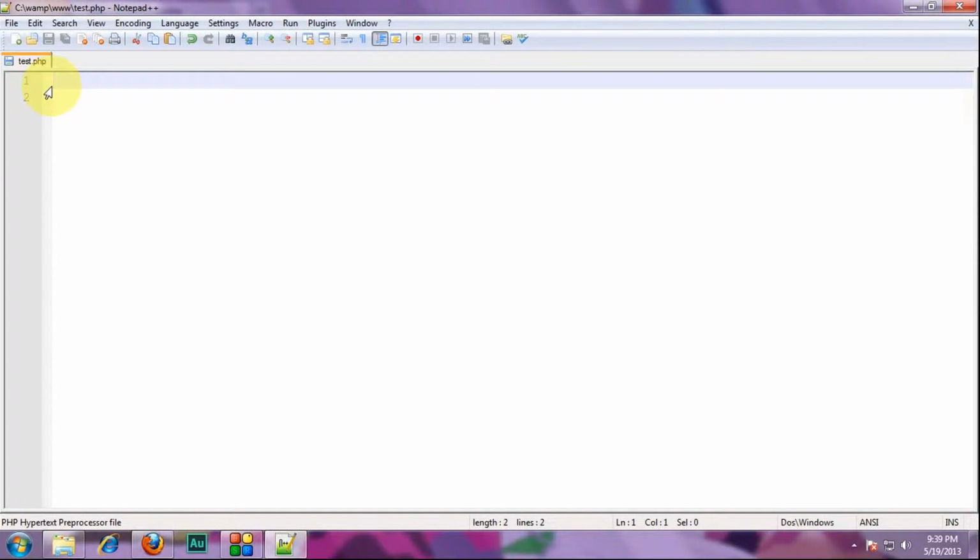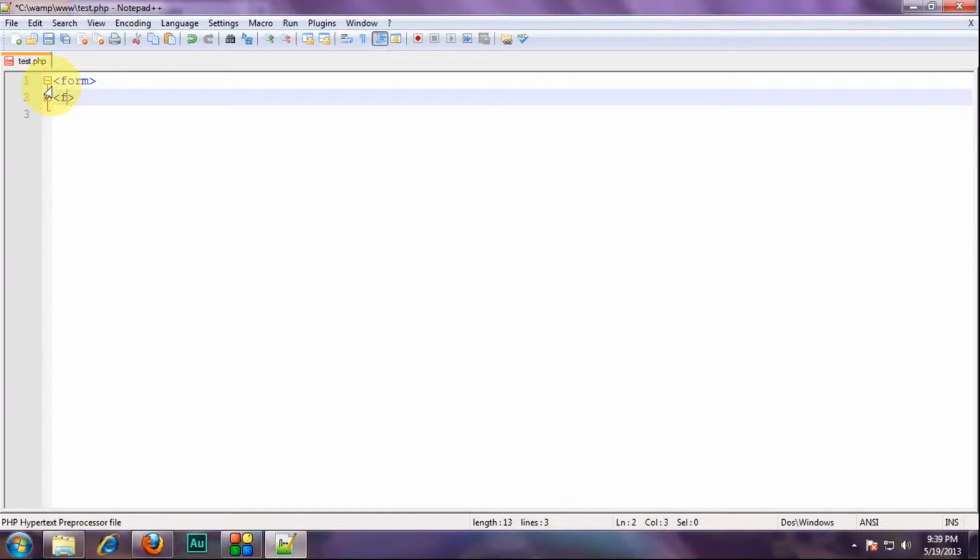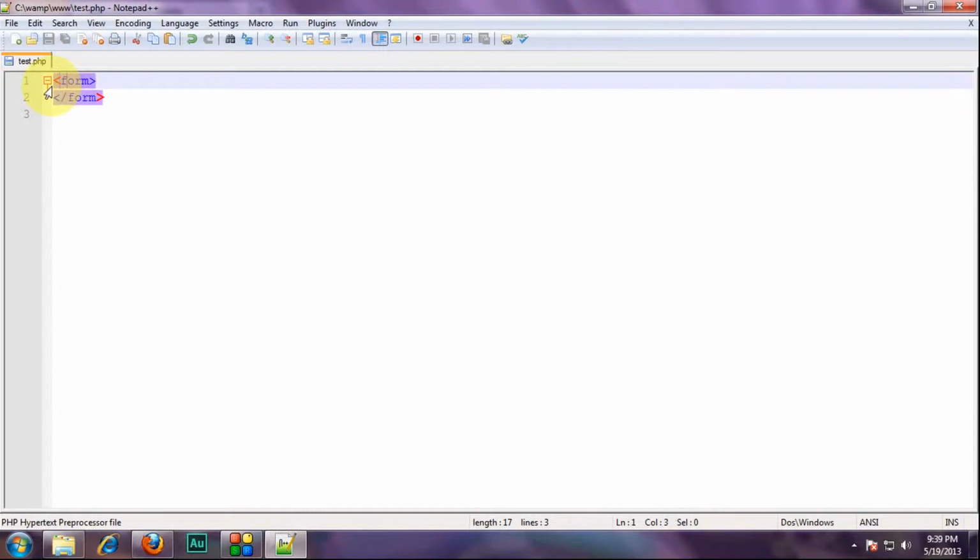So we will start with a simple app. I will make a form, and the form must have two attributes, the method attribute and the action attribute. The method attribute is the method by which you want to send the information. It should be post or get. We will write it as post, or get we will write it as get. Now first we will go to the get method,